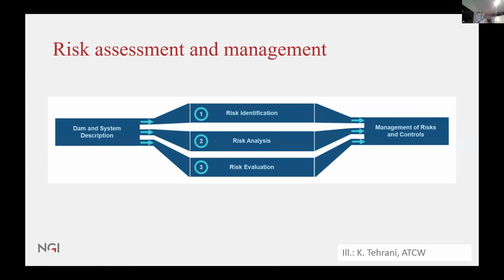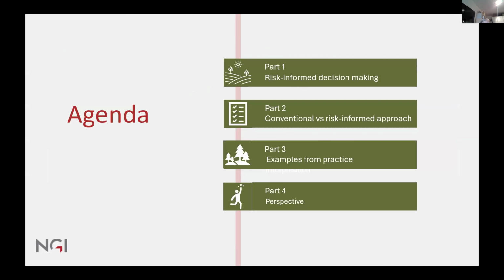I'm just going to mention risk assessment, not so much risk management. In risk assessment, you identify what may happen and who may be at harm. You do the analysis. There are several different methods, including Monte Carlo simulation, event tree analysis, which is probably the most commonly used, fault tree analysis, or just a simple risk matrix with color code to tell you whether the situation is safe or should be looked into because the risk is too high. And then the third step is evaluating the results of the risk analysis.